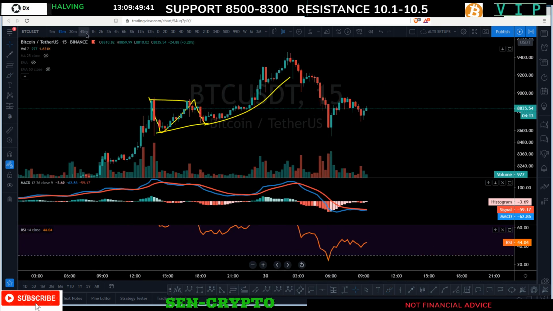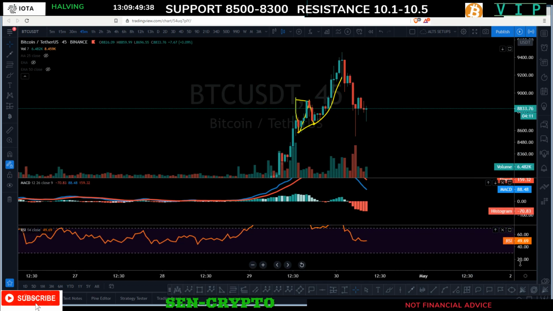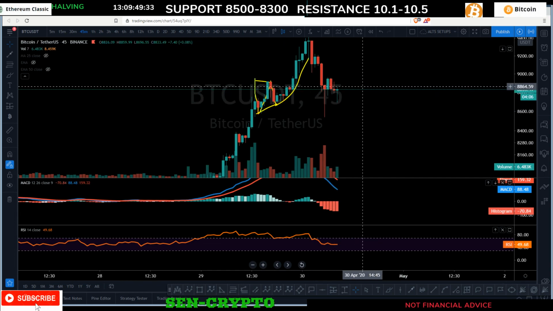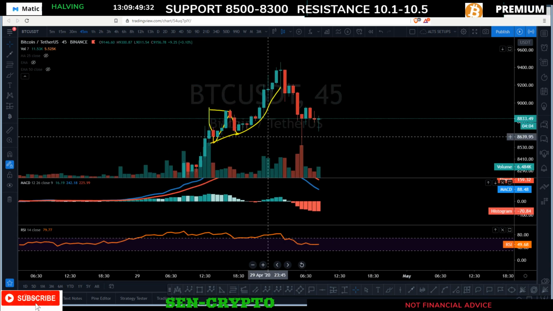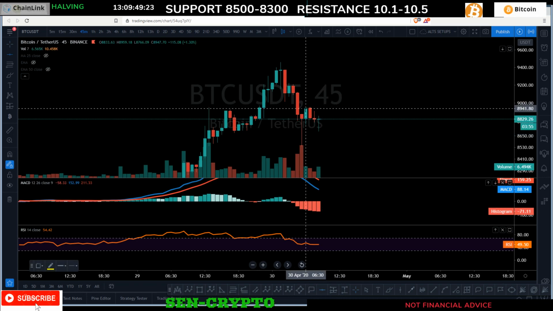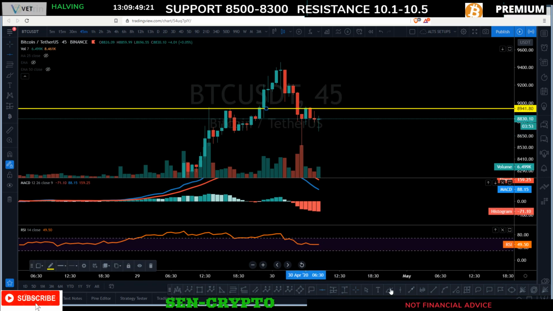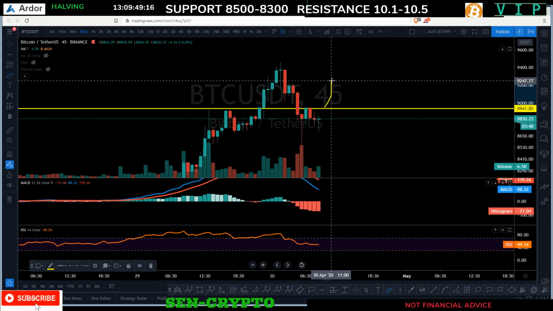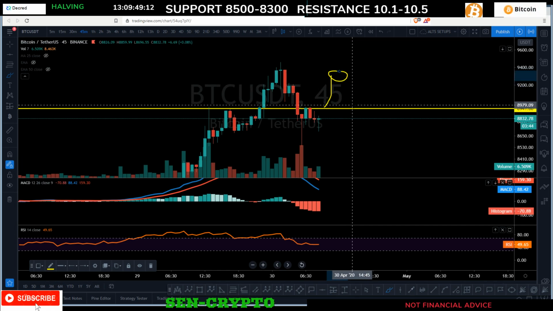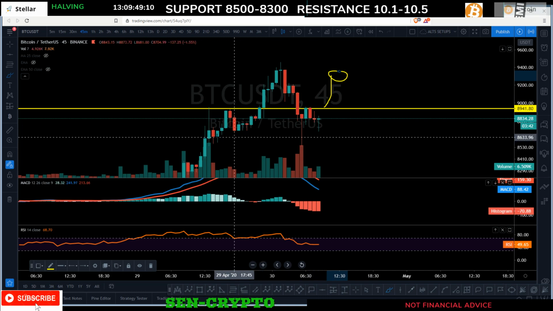Let's take a look at it on the 45 minutes. Not much on the 45 minutes, right? It's pretty much reversing on the 45 minutes, so that's pretty convincing. I would be looking for a possible break above this area of 89. If we break 89, and let's say you're day trading or scalping, that's going to be a good opportunity to take it back to the 0.618 to 0.786 if you're day trading, stuff like that, right? Not financial advice, but keep that in mind.